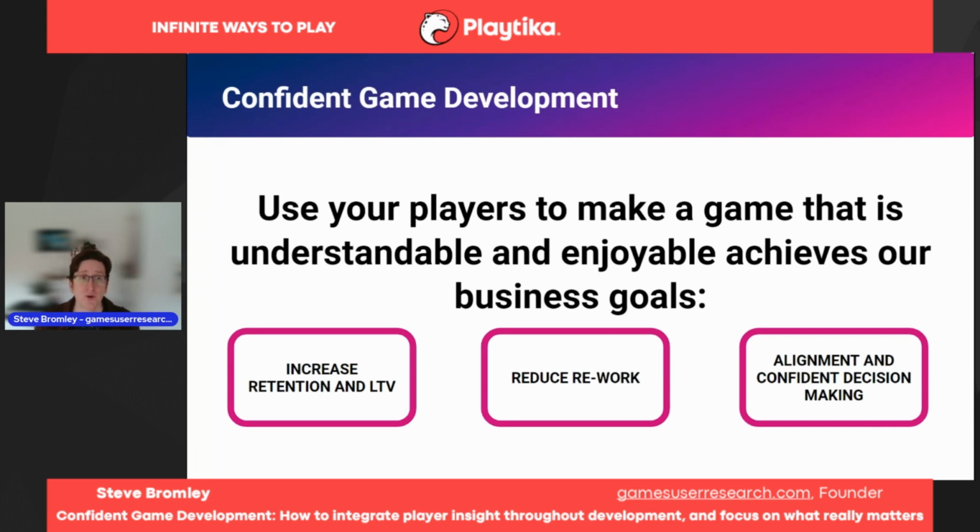It helps you make sure that you are making an artistic game that players understand and enjoy, that meets your design vision, but also it does lower production costs, lower the costs of making a game, while increasing the chance of it being successful. You have unlocked better retention, better lifetime value from your players. You have reduced rework during production because you've come to the right conclusion earlier. And ultimately, by having that aligned and confident team, you're going to throw away less work. You're going to be able to make the right thing the first time, and you'll have a less chaotic production environment.